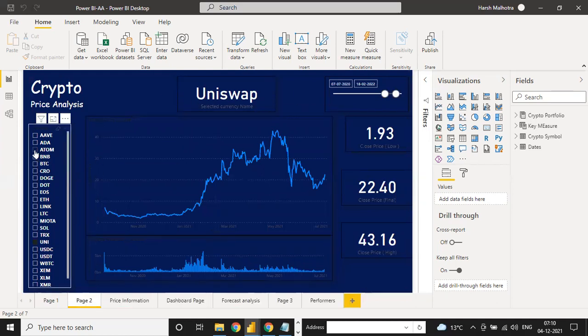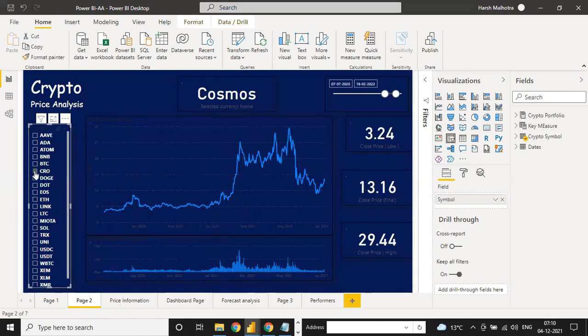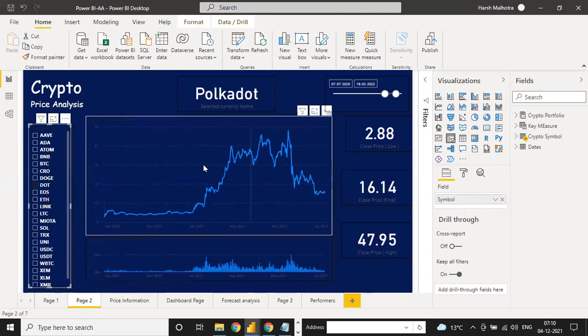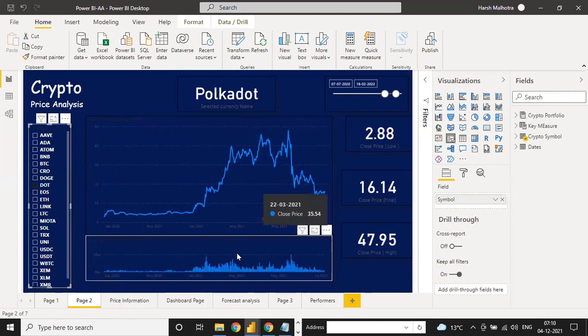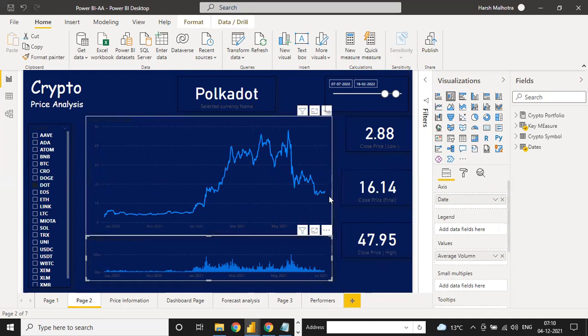See, every currency wise, if I click on this currency, the data should be changed. We need this kind of changes together. Like this one is your data part, and this one is your currency volume part. These two parts, and the close price, low, final, and high. We have to make that kind of things also.